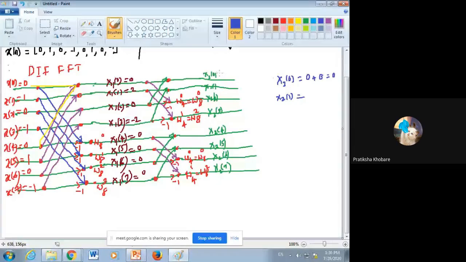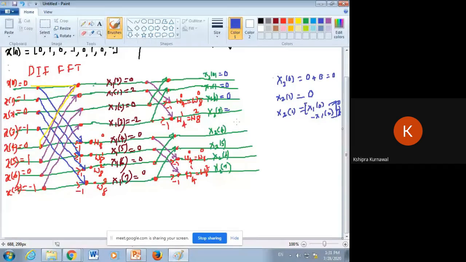keep telling the answers, let us check. 0. This is 0, this is 0, x1 of 2, 0. x2 of 2 will be equal to, how are you writing this? Should be in bracket x1 of 0 minus x1 of 2 whole bracket multiplied with w8 to the power 0 or w4 to the power 0, doesn't make any difference. What value is coming? 0. Okay. x2 of 3,